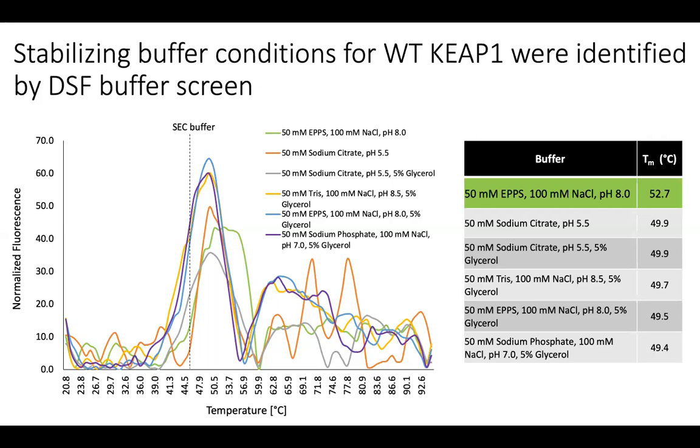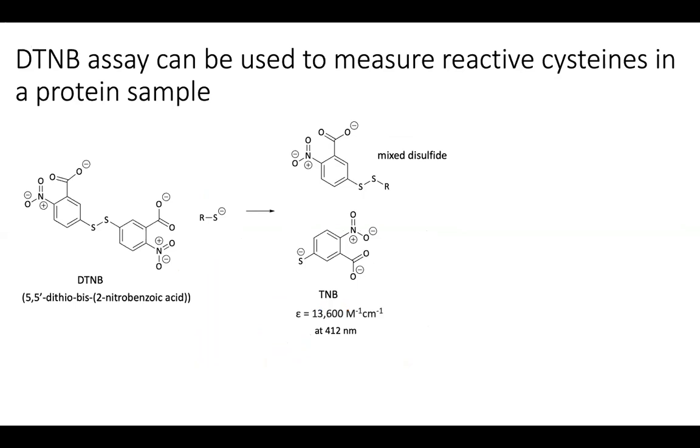I then decided to move forward with this buffer condition with half the salt concentration, since a lower salt concentration is ideal for crystallography, and lowering the salt concentration only decreased the melting temperature by about 1 degree. We then wanted to see if we could use the DTNB assay to detect adduct formation in this new buffer